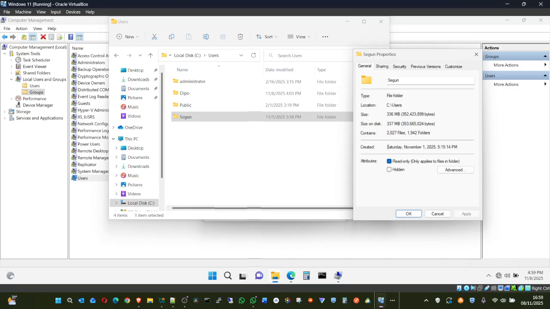We can see, for all purposes, the time that person logged in. The first time he logged in on this computer was 5:15. That was the first time he logged in, at 14 seconds. You can see November 1.